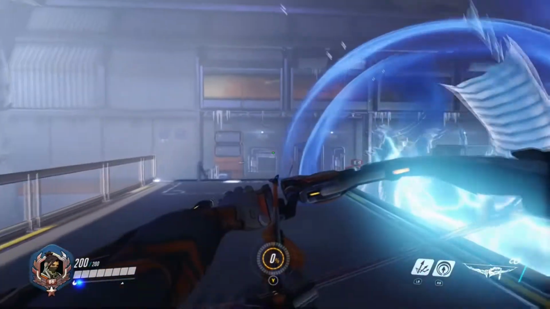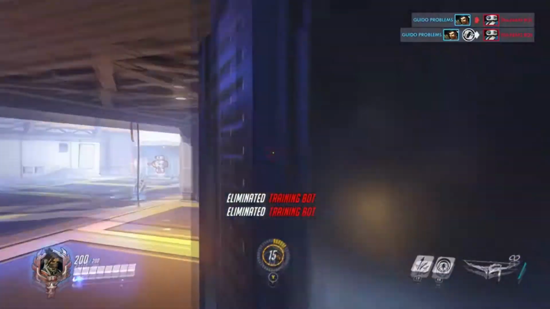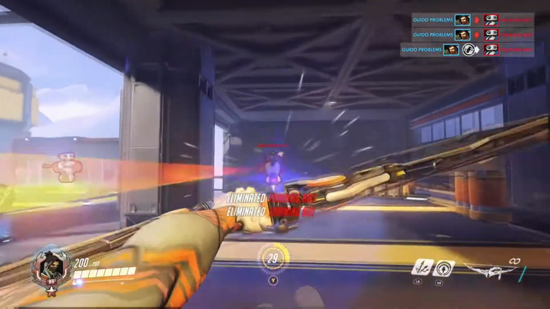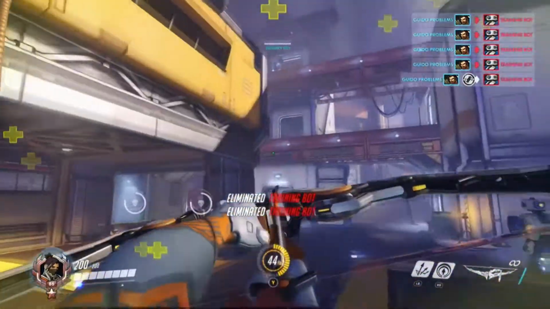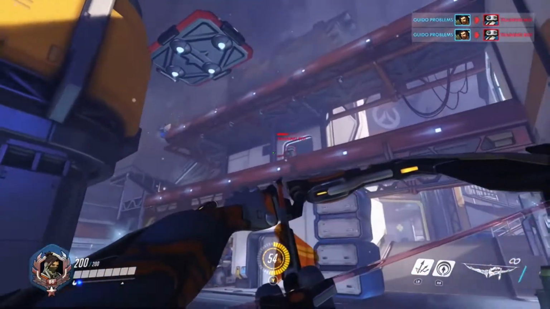All you have to do is just go in here, train your shot a bit, get a couple of quadra kills on these bots, and you will have a better aim than if you just went in without practicing at all. These bots do have large hitboxes, however,